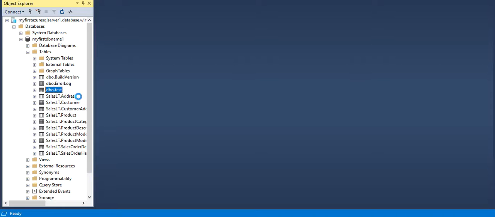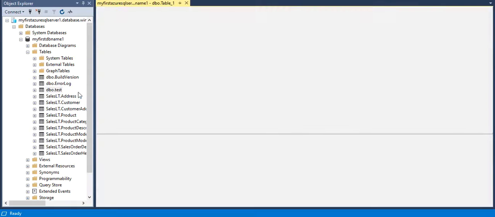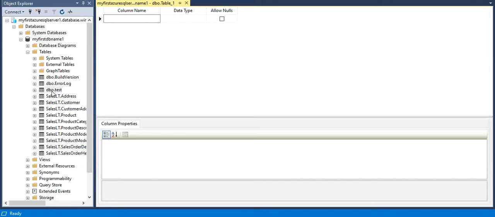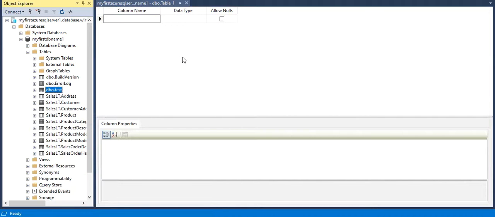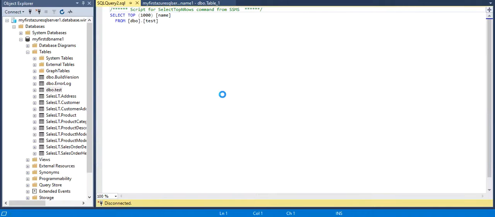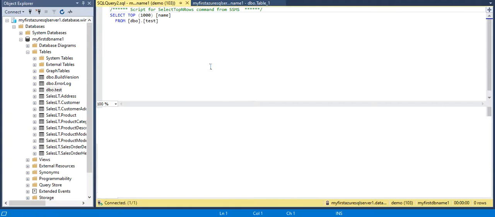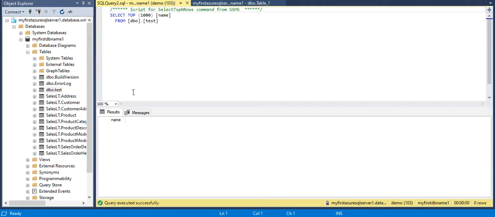Let's open this table. So here we can see only the name field was there. Okay, so this was the demo for creating the Azure SQL database, querying the database through the query editor, and connecting to the Azure SQL database through SSMS.